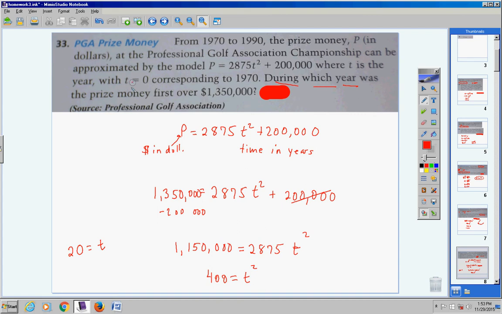So, t equals 0 corresponds to what year? 1970. So 0 goes with 1970. So 20 years later, 20 would go with what year? 1990. If I got 10 out for x, that would go with 1980. If I got 8 out for x, my answer would have been 1978. If I would have gotten 16 out for x, then my answer would have been